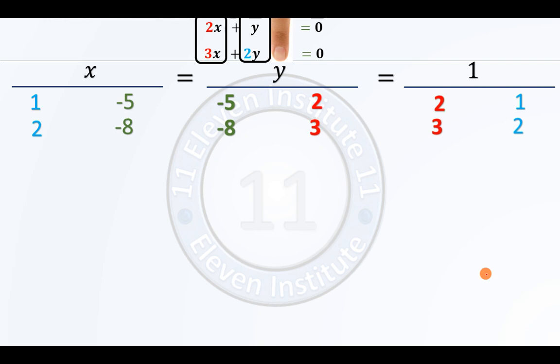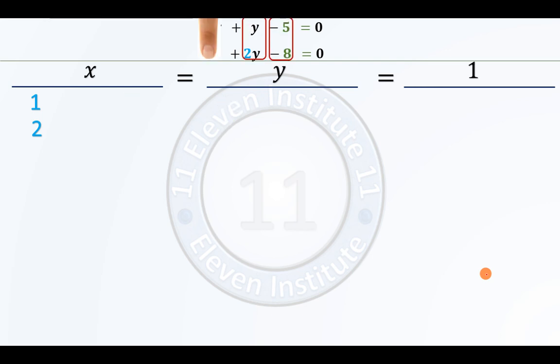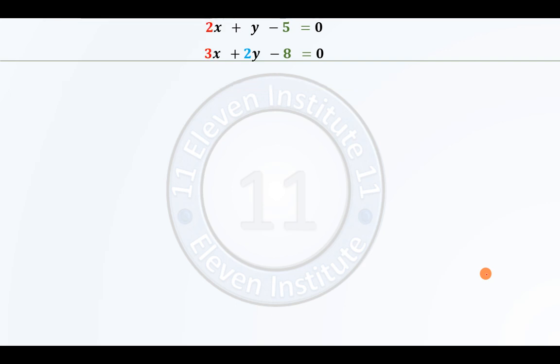I have taken enough time for explanation, but once you get this, while solving, you will not waste this much time. Right, so I hope this is clear. I shall explain it once again. Better than rewinding the video, I shall explain this once again with a bit of speed in a fast manner. Right, so first step, just write x is equal to y is equal to 1.